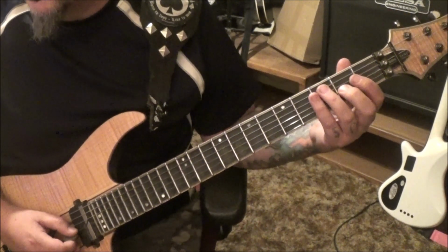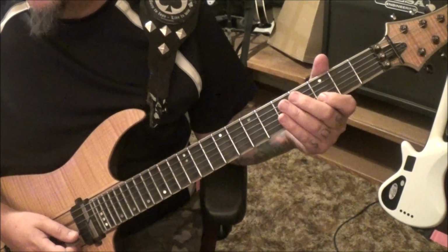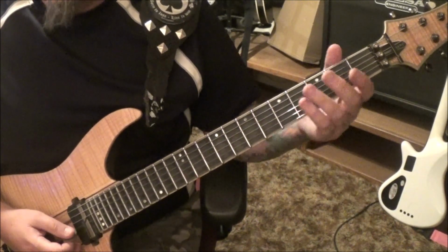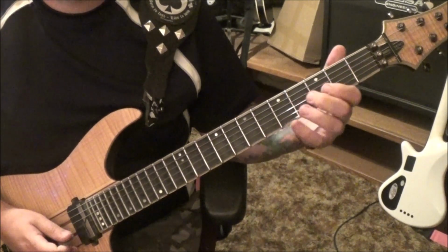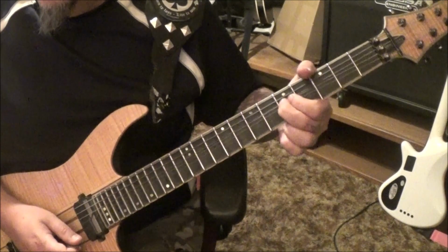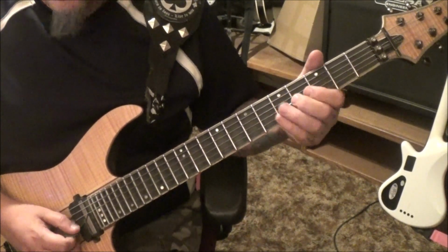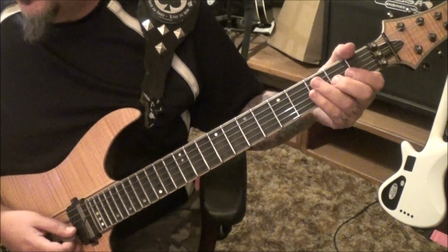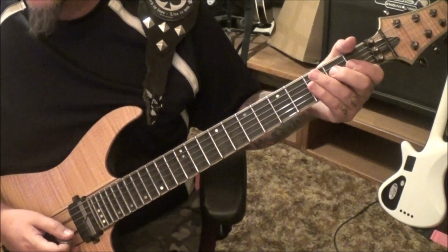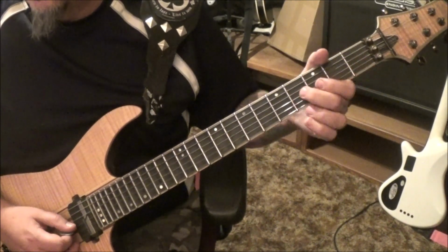2, slide to 4 on the G. 3B, open E. 3B, slide to 5, vibrato. So here's that riff. 4G, slide to 2. And then pull off to open. To 2D, open G, 2G, bend. So it's